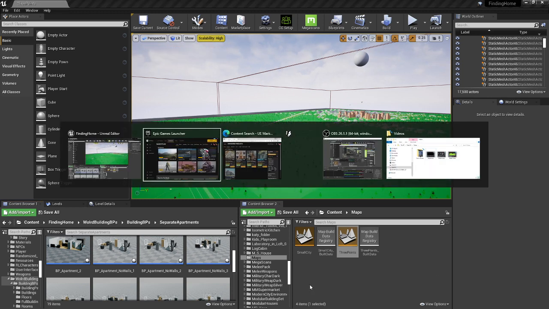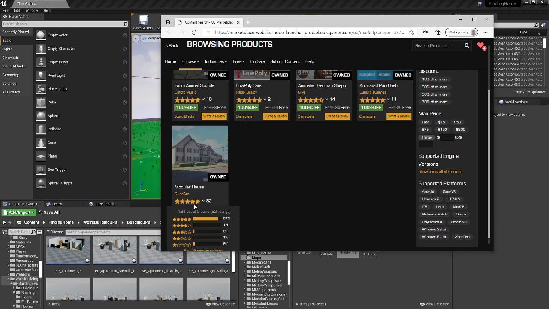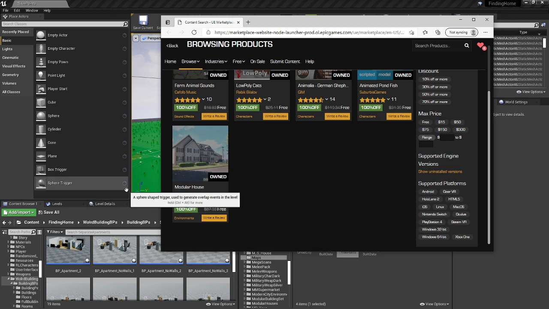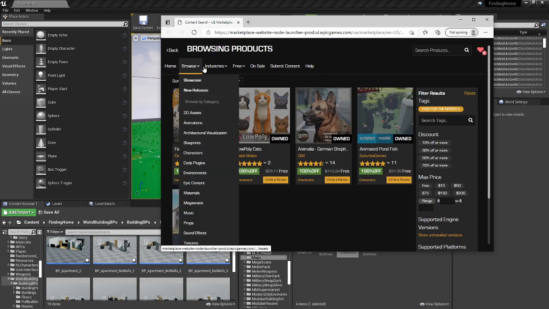So the map was open. So I just want to go back here. Yeah, and the biggest pack for me is this modular house pack. So that's going to be awesome, because it's going to allow me more customization on the multiplayer maps, as well as give me more for my suburbs. While I'm here, I'm also going to load up